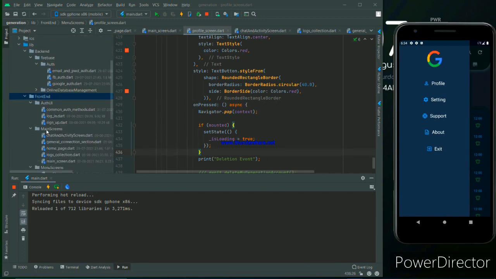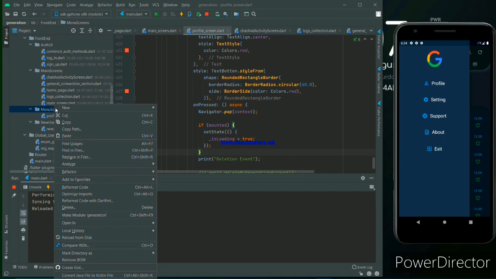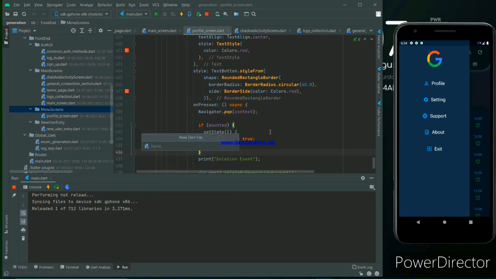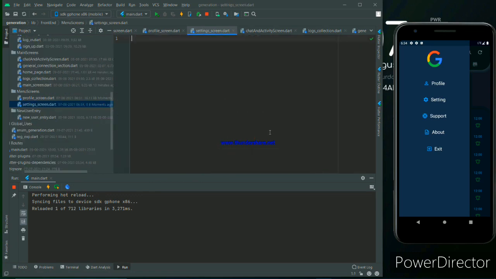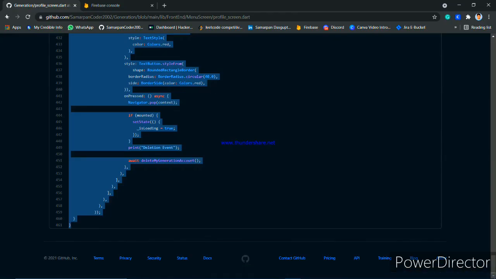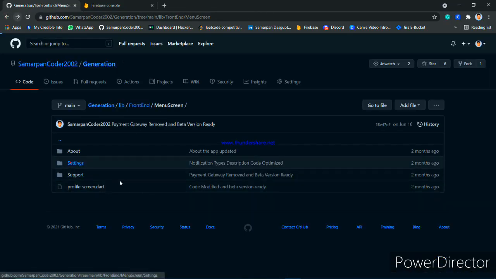Under the menu screen, let's make a file for the setting screen. Okay, just a second guys. So we make the setting screen. I take the code from here, settings.